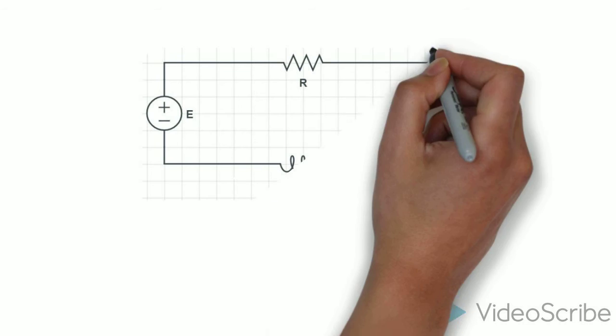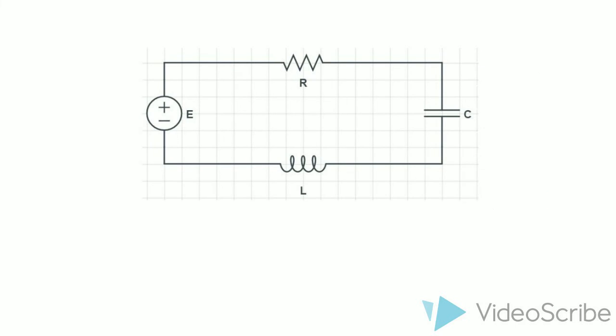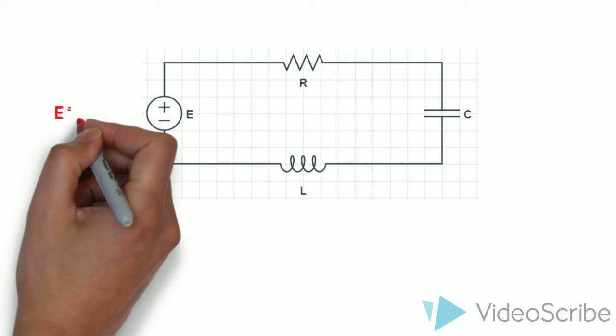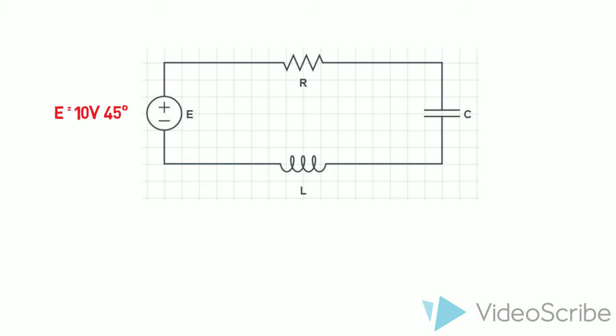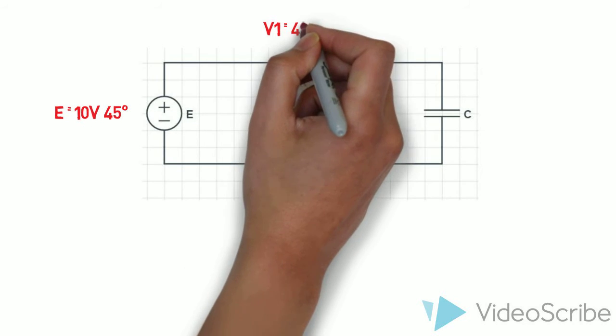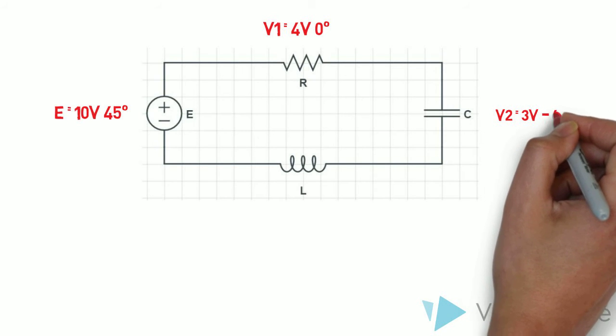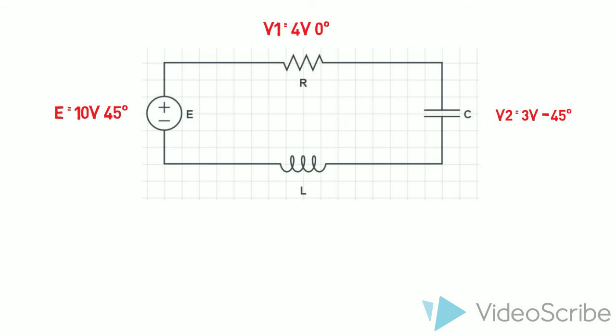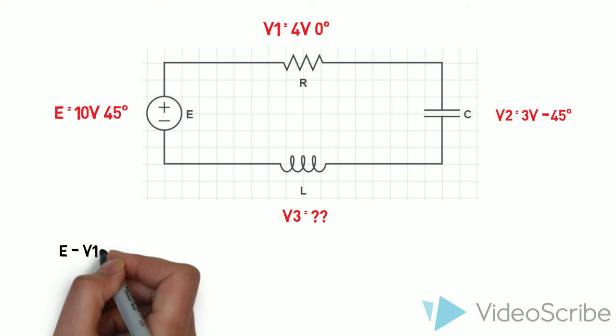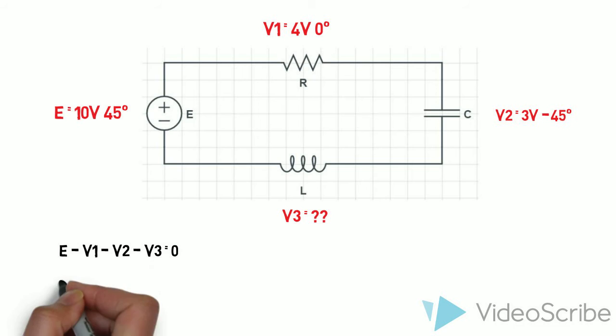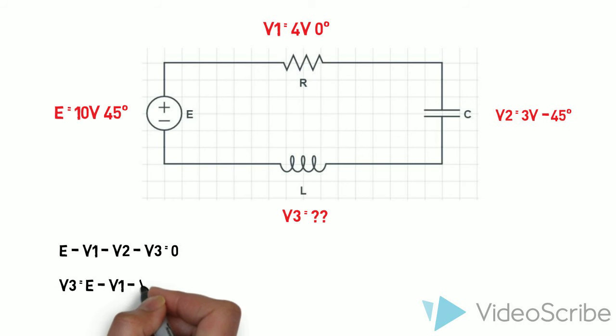Here is a simple AC circuit in which the source voltage is equal to 10 volts at an angle of 45 degrees. V1 is equal to 4 volts at an angle of 0 degrees. V2 is equal to 3 volts at an angle of negative 45 degrees, and V3 is the value that needs to be found. The application of KVL is very similar to the last video,